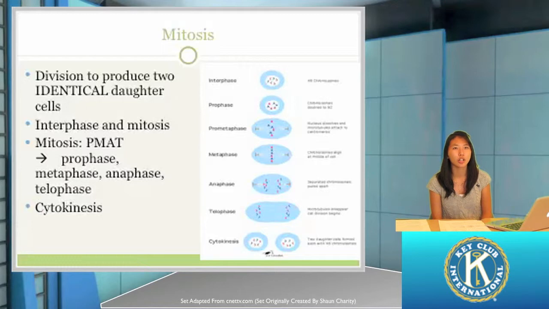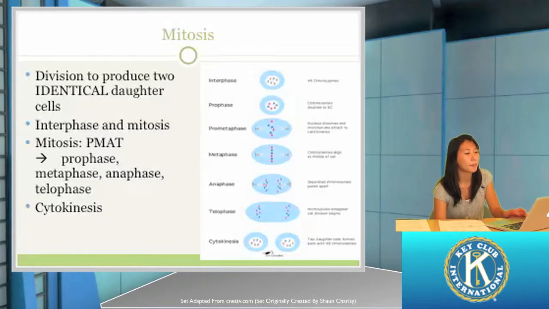Mitosis occurs basically in any type of cell, like the skin cell or anywhere else in the body, except in the gametes. The main point of mitosis is to rejuvenate, should I say, just to restore your dead cells. So in interphase, the DNA inside the nucleus prepares a cell for mitosis,